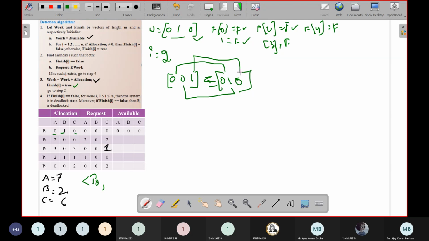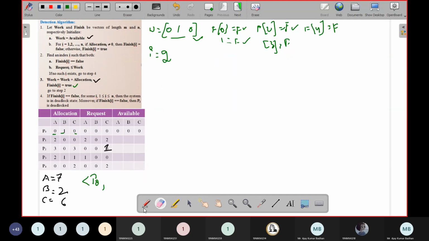This is where earlier we had C as 0 and we were able to process it. But this time he's requesting one resource of C, and we don't have that resource. This time the condition failed. So 2 cannot execute, because process 2 requires one instance of C, but we don't have it. We can't allocate. We will ask process number 2 to wait until we go further and we get the resource.